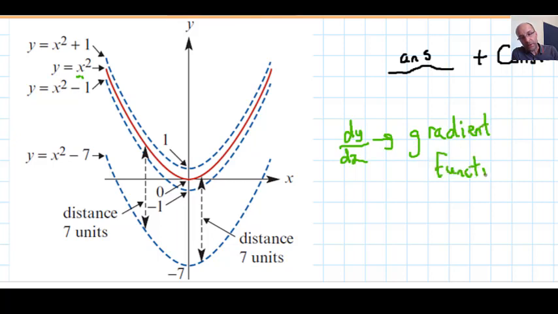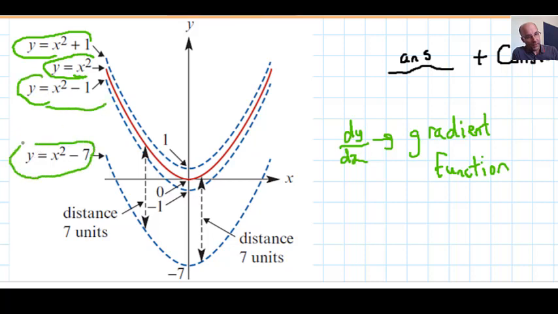And that can help us explain to some degree what's going on. So if we have this family of functions here, y equals x squared, then y equals x squared plus 1, y equals x squared take 1, there's another one, y equals x squared take 7. They're all from the same family, y equals x squared plus or minus some constant on the end. They have the same shape, you might remember, but they've just been translated up and down a certain number of units. If you took the derivative of each of those functions in green there, you would get